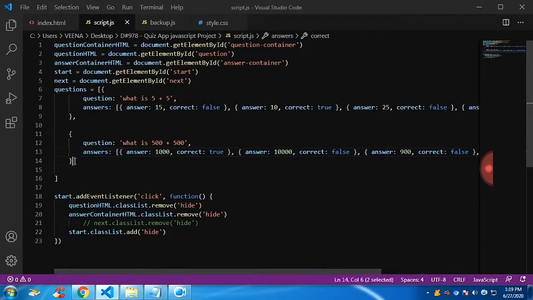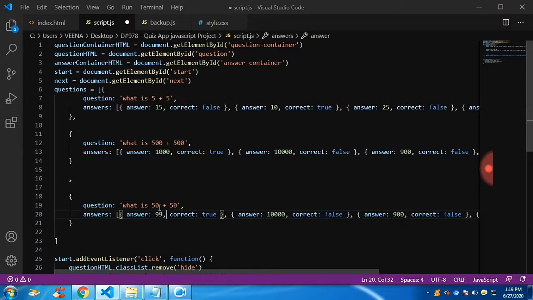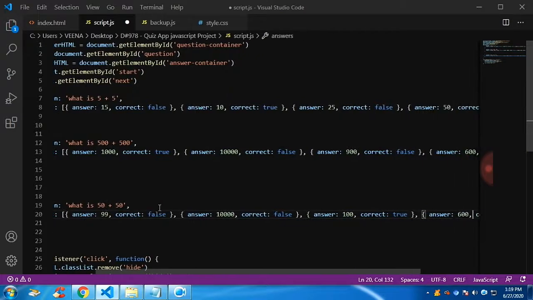Now let me create another question the same way. Now I'm giving 500 plus 50 plus 50. It is false, and this time we'll leave it that way. Fine. And 100, it's true. 50 plus 50 is 100, so I'm making it true. Fine, we have created three objects